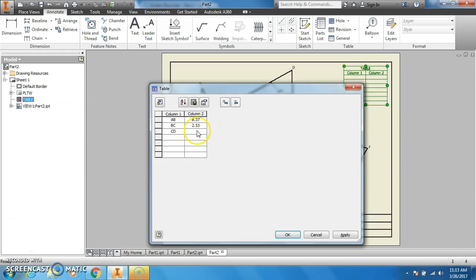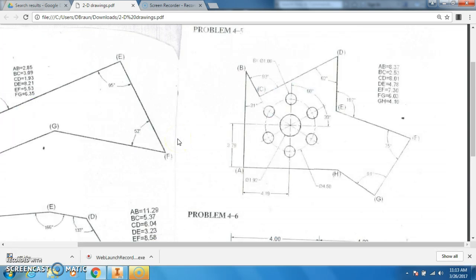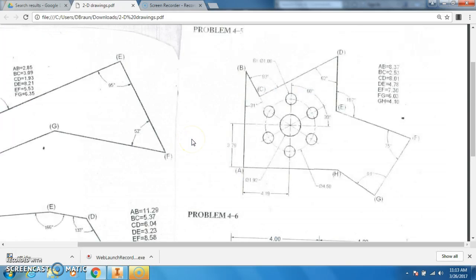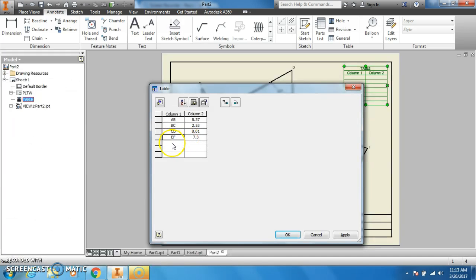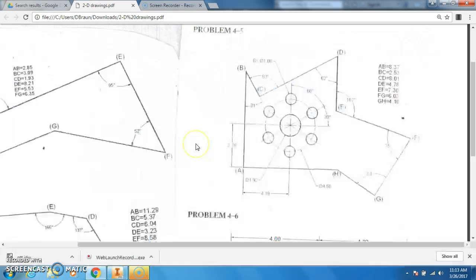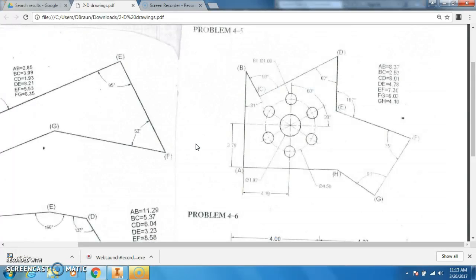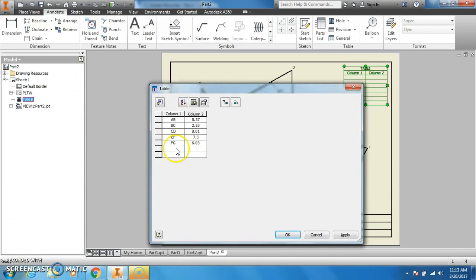CD is 8.01. EF is 7.3. FG is 6.03. And GH, maybe